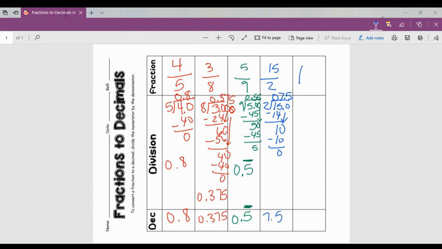For the last one, we have 1 1/4. 1/4 is like a quarter, and a quarter is 0.25. So all you would have to do is literally bring down your 1 and 0.25. If you needed to do the division, you could